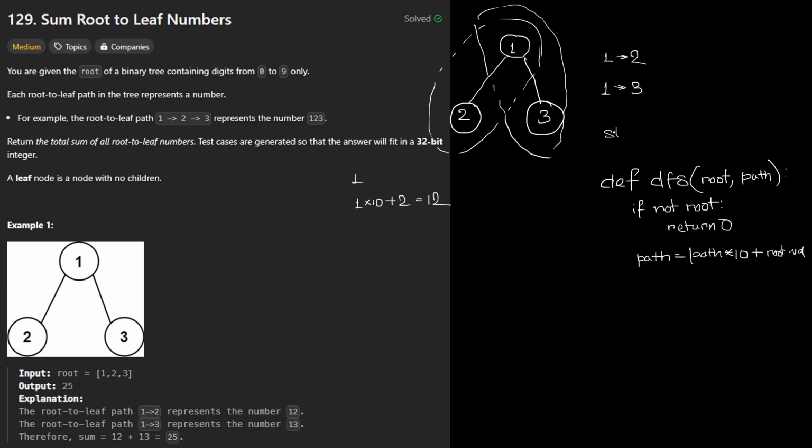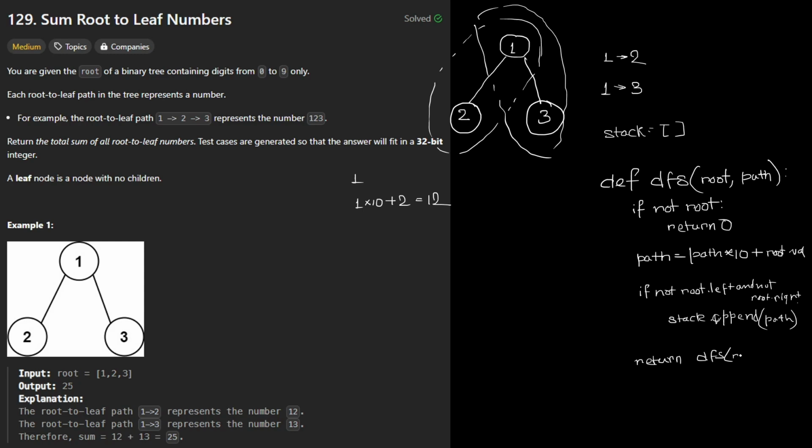So let's say I can create a stack out here and I'm going to give it an empty list. So if not root dot left and not root dot right, so basically we are at the leaf node. So in that case we can say stack dot append our, let's say, path out here, or we can just form our formulation. If you don't want to do it, we can basically say return